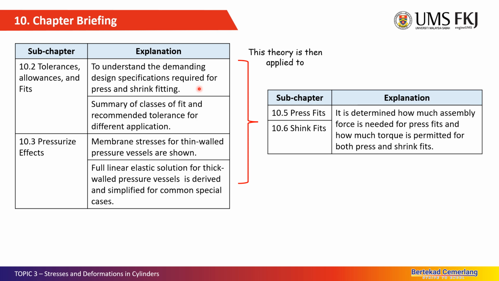It means this subchapter will explain what is actually the design required when we are designing for the press and shrink fitting. So after that, they summarize the class of fit and also what is the recommended tolerance for